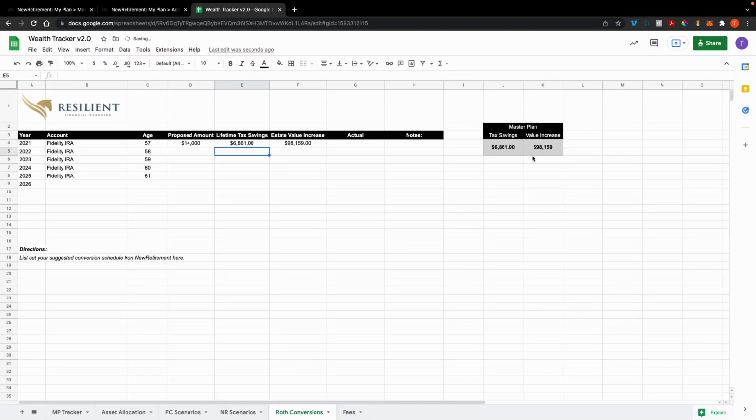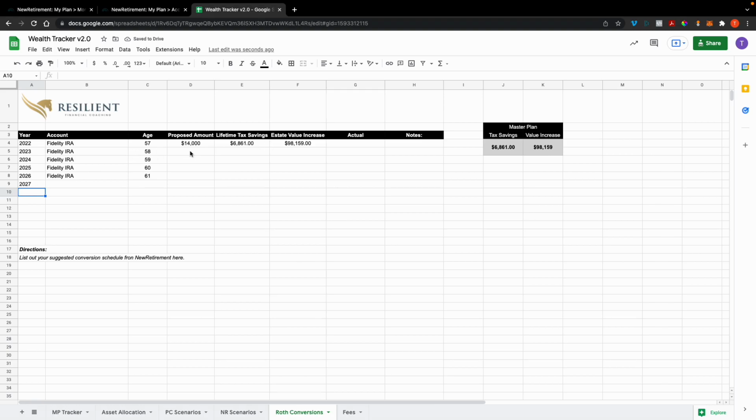And then as you input the conversion amounts and any additional ones that you add, you'll just do that same thing. So in year 2023, enough fidgeting with all this stuff.